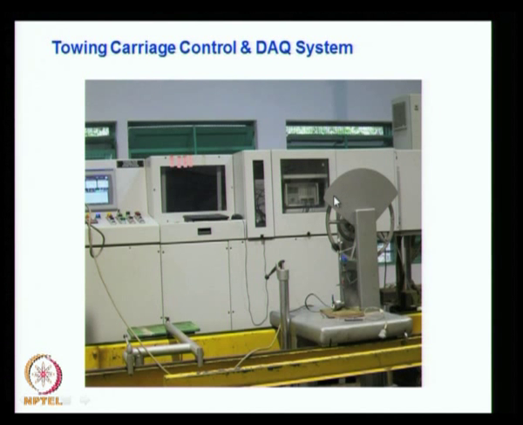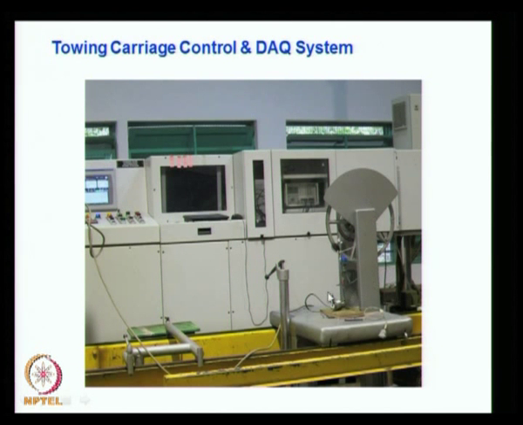So that is the setup which is used, and you can see what I discussed. The tow rope comes here and goes through the pulley, which is a frictionless pulley, and goes here. Here you see there is a load cell, and from the load cell the cables run to the data acquisition system here, and the results are processed. You have all the controls for the carriage here. So the carriage speed and braking are all controlled from here, and the data is fed in and processed in the data acquisition system, from which the resistance is estimated.